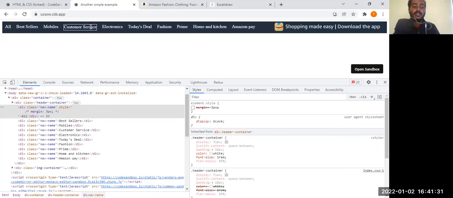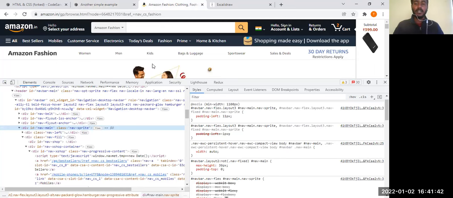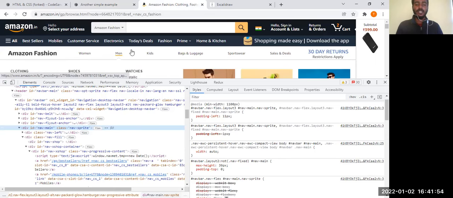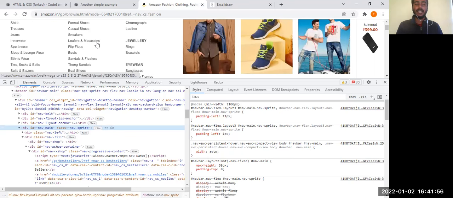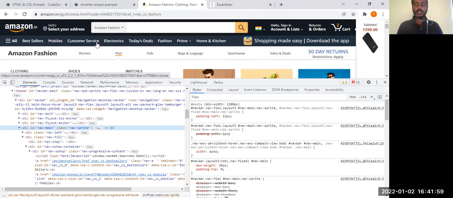Fine. So this is how you have to break the components, and you have to work individually to achieve this. Okay, I think this video would have been very helpful for you. So we have just seen in this video how to design only a single head navigation header part, but in the future sessions I will also try to include the below parts, and I will tell you one by one how to do it.